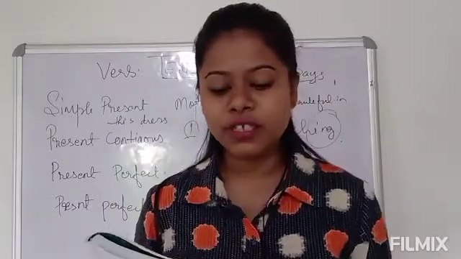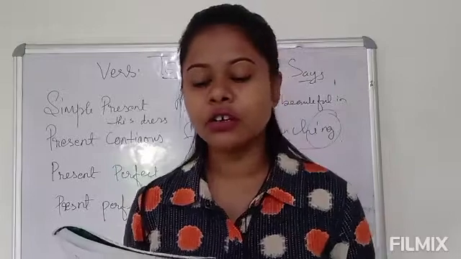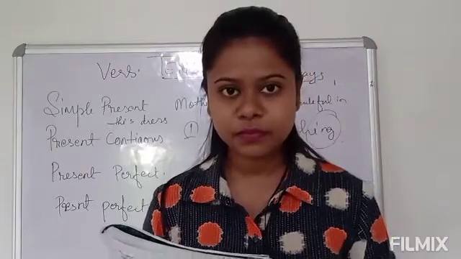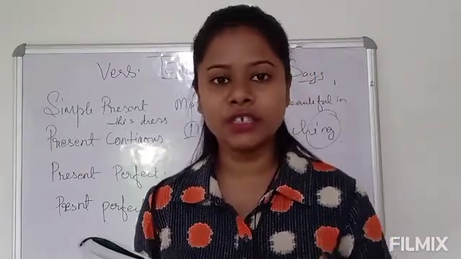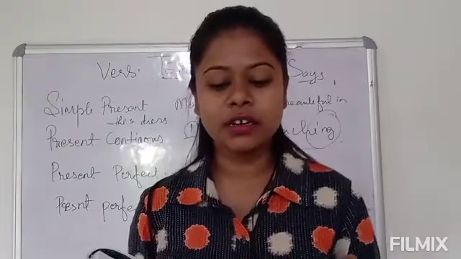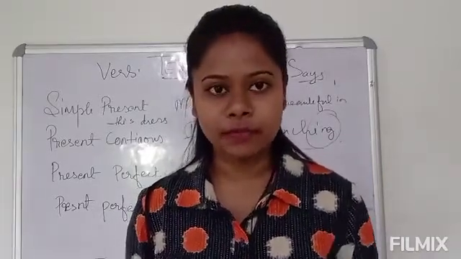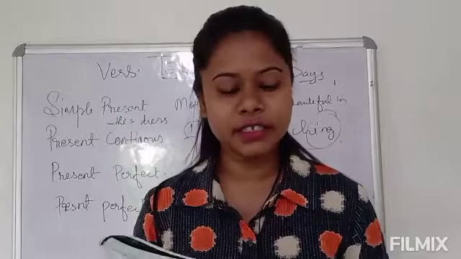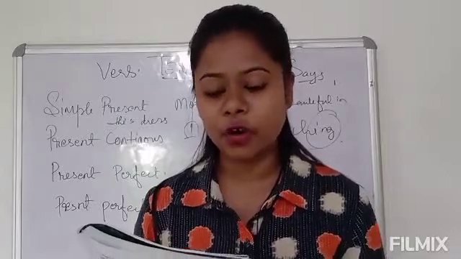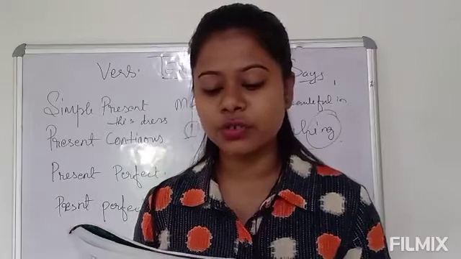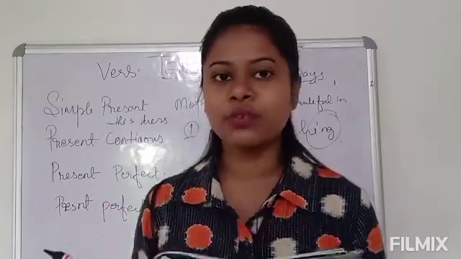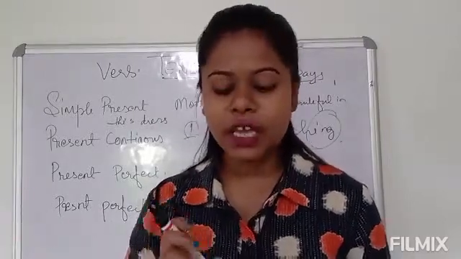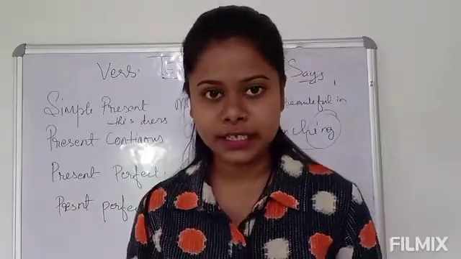An action or situation seen as happening for a short period. Like for example, I am living in the office flat these days. Okay, so it is a present continuous which will happen in a short period of time. Next is an action that happens very often. It is generally used with always. Okay, so whenever you see the word always, you will identify it as a present continuous form. He is always losing his keys.